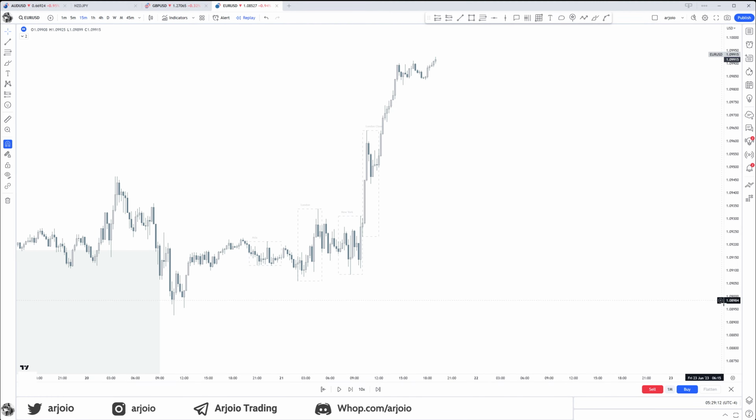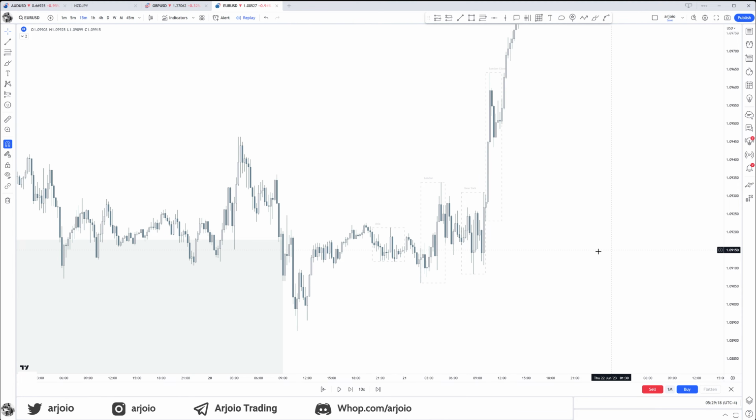So, for example, let me guide you through this trade again. Right here, we had a perfect Asia consolidation. Asia lows are getting swept right there. Keeping in mind, we have this daily fair value gap. I'm not just trading off of the 15-minute here. I'm trading a daily continuation.